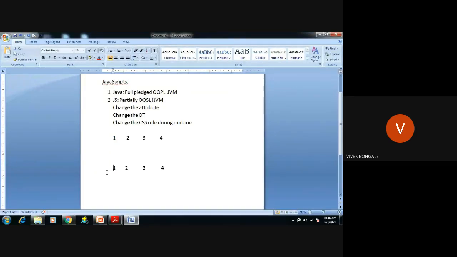Now the client has sent one request, he wants to retrieve one web page. It is the site.ac.in web page he wants. So what will the server do? The server has that page, and it will send it to the client. That's it.